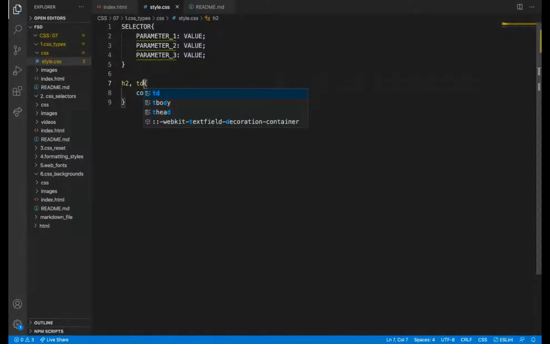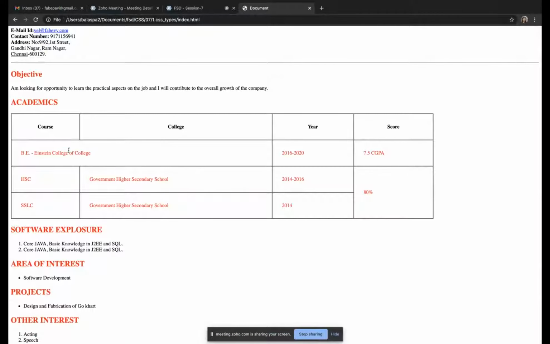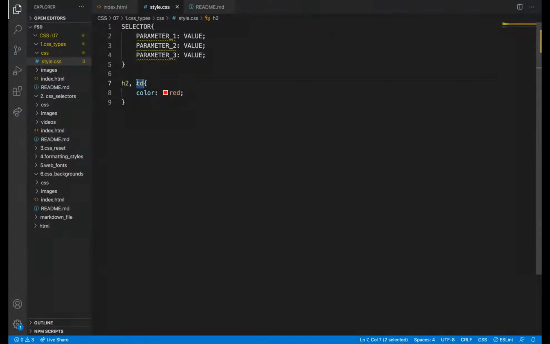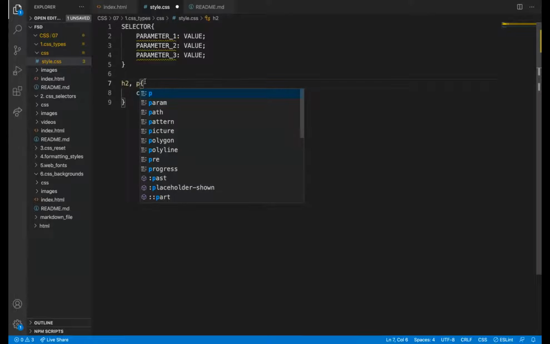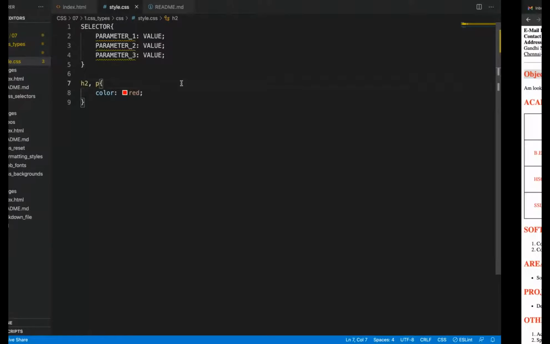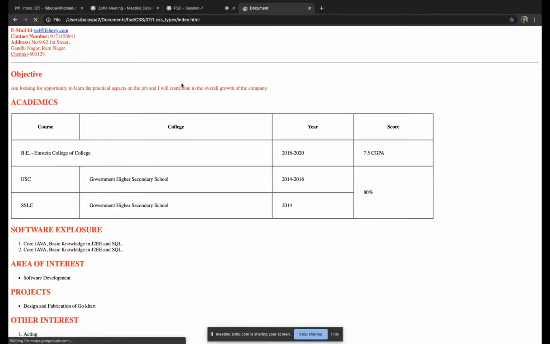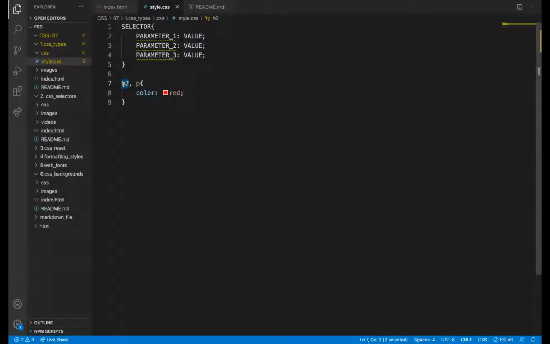So I'm grouping the selectors. So the name comes grouping selectors. So for now, the TD, and then this H2 tag become red color. If I don't want it for TD, if I want it for another tag, I can write it like this. And also for two classes, if I want the same color, I can add class name and comma class name too. So grouping is nothing but, if the same style applies to different tags, we can group it.